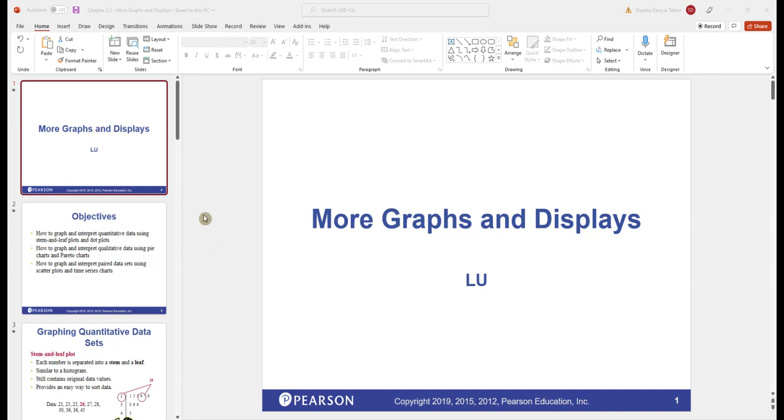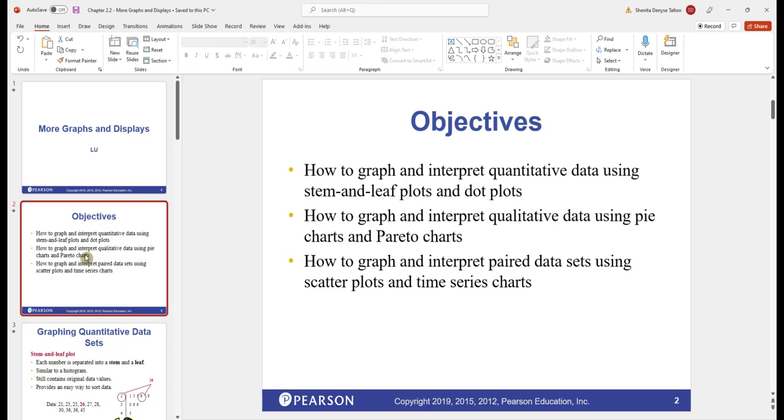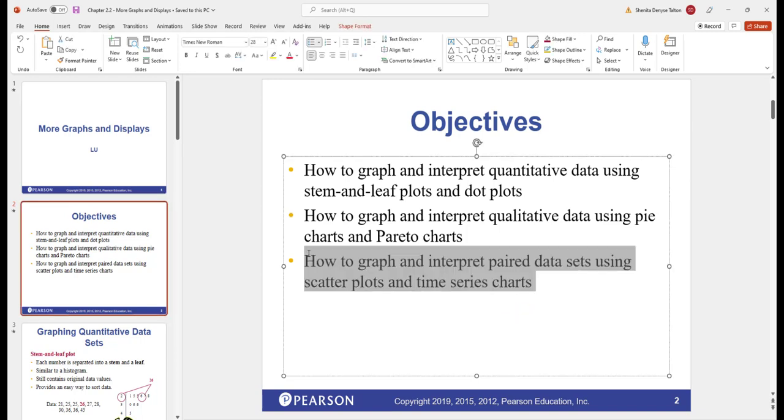In this section, I will discuss more graphs and displays. So we're going to concentrate on using stem and leaf plots and dot plots, as well as pie charts and Pareto charts. Scatter plots and time series plots we'll discuss in a different chapter, but I want to concentrate on